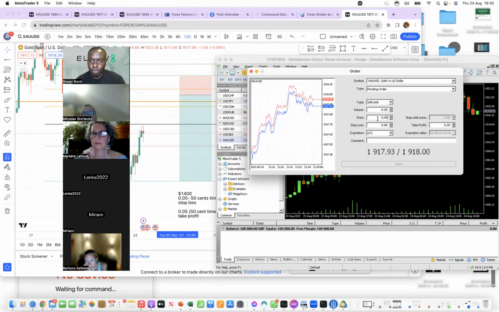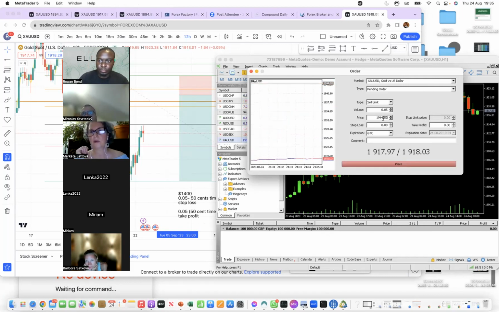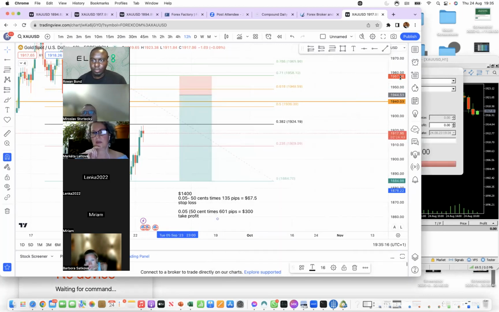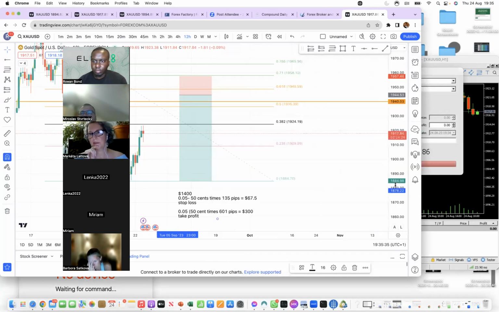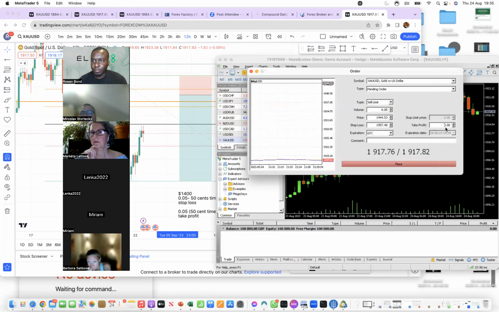1944.53 is the price. Where it says price, that's the entry price. So price means the entry price, so I put in the gray zone where I want to enter. Stop loss here, that's the red one, 1957.48. And then you put in your take profit here, the green one, where we will exit with profit, which is 1884.98. Okay, so when I press place,